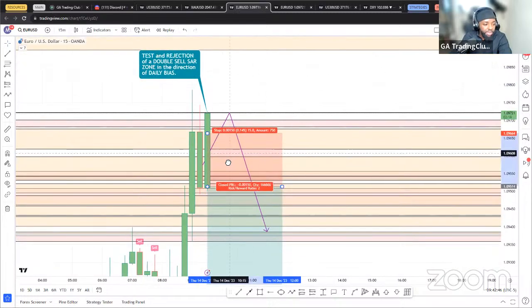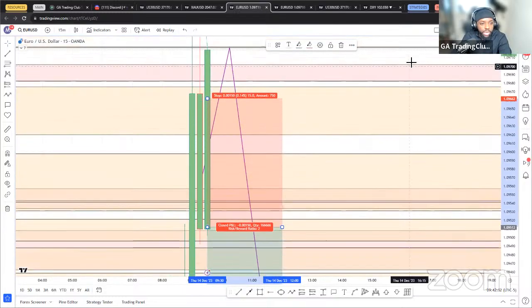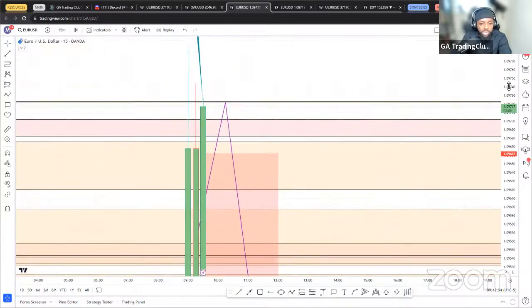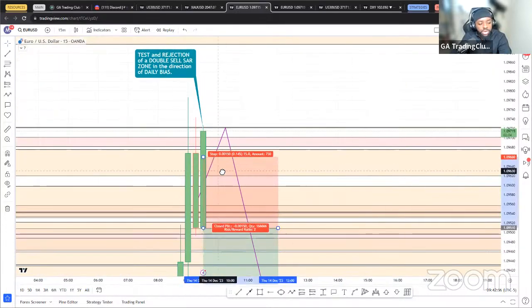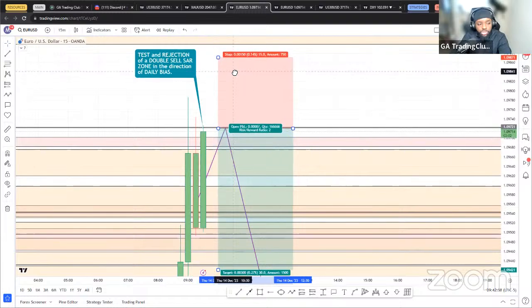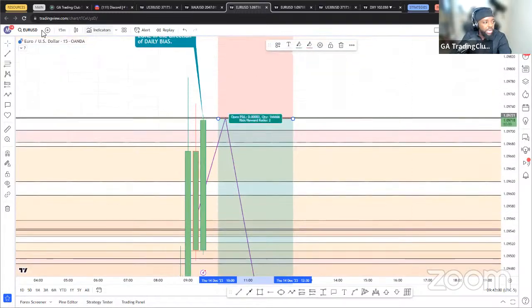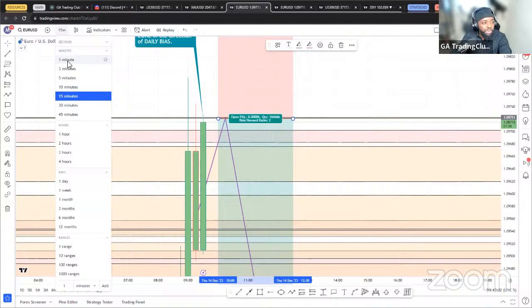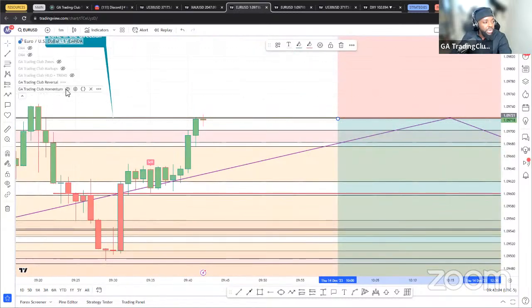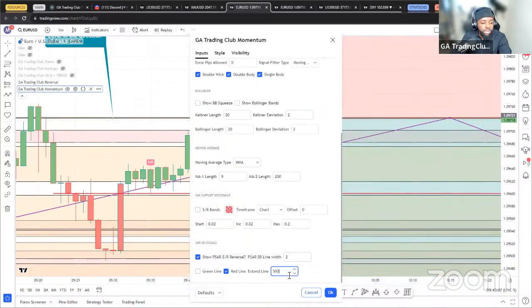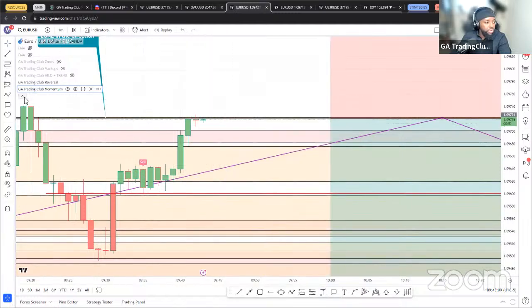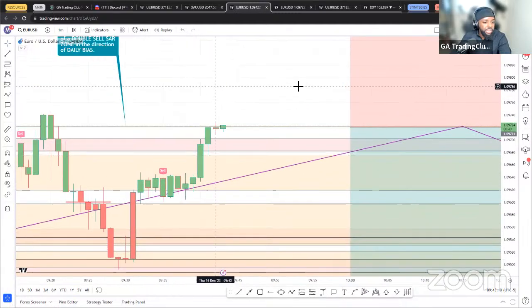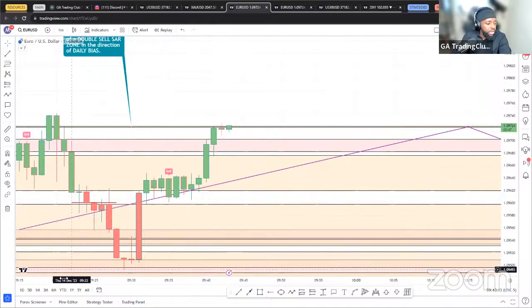So the entry would have been here, but of course, because you're trading this top zone right here. If I zoom in, you'll see a small 15-minute zone. It's colored in amber. So of course you wouldn't have entered here because of overextension, which is why I put waiting for retracement here. So at this point, we go down to the 1 minute on EU. We reduce our SARs, and then we look for a sell SAR to be created.